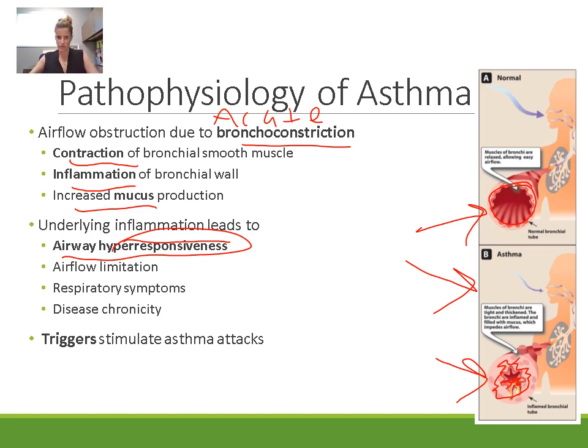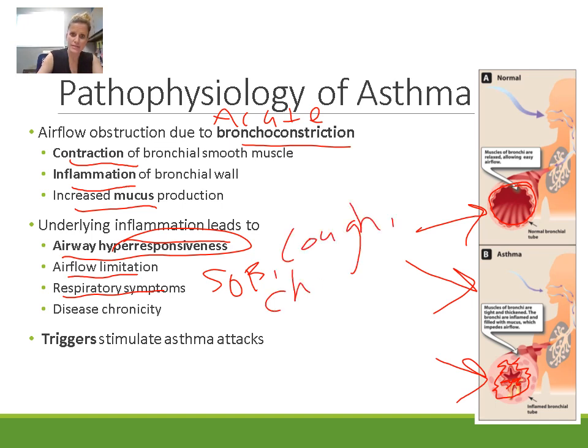hyperresponsiveness to different triggers. Whereas in normal patients, they can be exposed to different triggers like dust or animal dander, and not have an asthma attack, not have this hyper-responsive bronchoconstriction that occurs. But in patients with asthma, the airways are hyper-responsive. This hyper-responsiveness leads to airflow limitation, as well as the respiratory symptoms that we see. The respiratory symptoms are shortness of breath, cough, chest tightness,